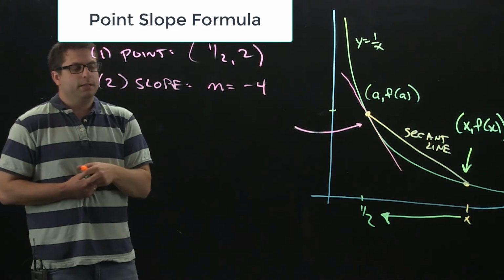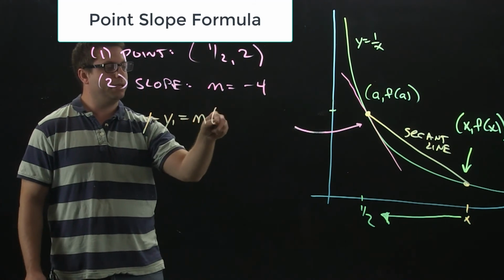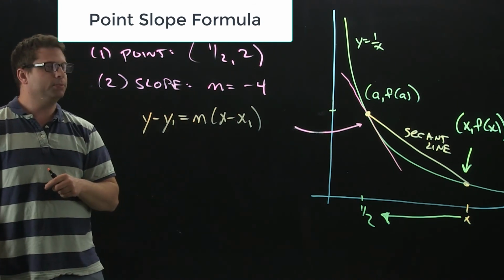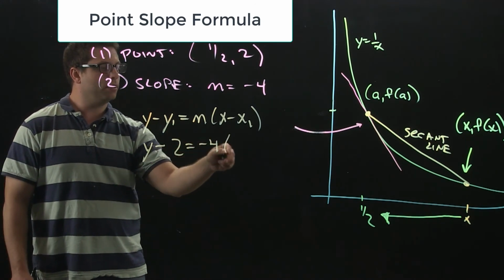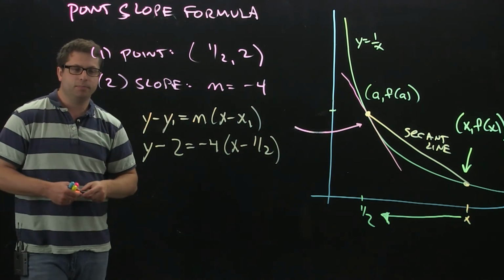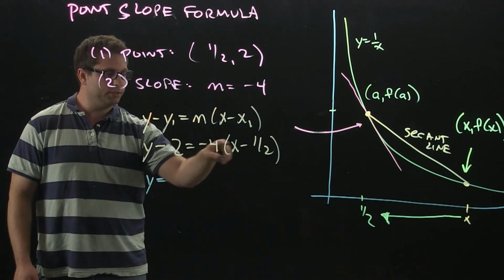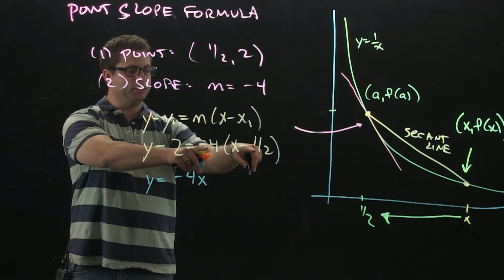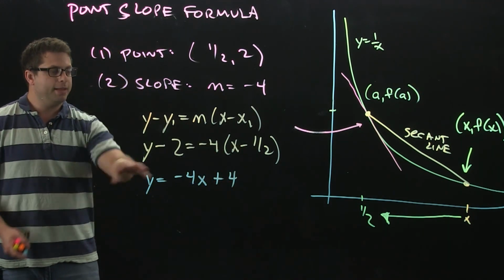All right, so the formula is as follows. We have y minus y1 equals m times x minus x1. Now m is the slope, x1, y1 is the specific point, so that gives us y minus 2 equals -4 times x minus 1/2. And then you just have to clean that up and put it in slope-intercept form. When we do that, we'll distribute the -4. So you're going to get -4x. Now this is going to be a positive 2, and then I'm going to add another 2 over, so it's going to simplify to +4. And this is then the